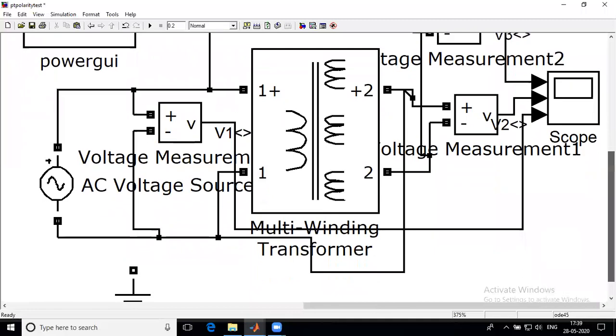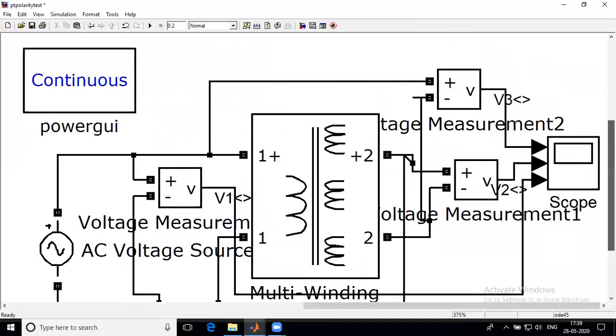In this way we can conclude that if the transformers have the same polarities, then they will oppose each other, and the voltmeter result will be subtractive.